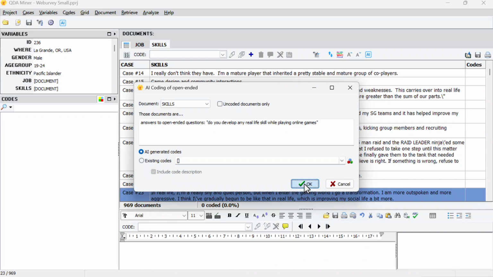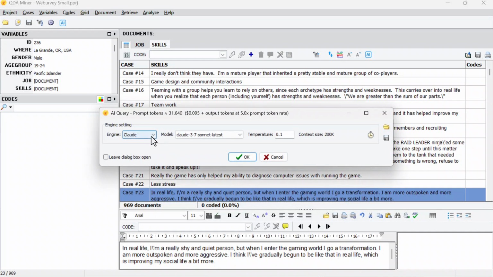When I click OK, I get another dialog box where I can choose which AI engine to use, which model, and what temperature setting I want. Temperature is a numeric option to control how predictable the AI output will be. A low value like 0.1 will generally be more stable and reduce the chance of hallucination, while a higher value like 1.0 will produce more creative responses, often at the cost of stability. For this example, I will select OpenAI as the engine, set the model to GPT 4.1 mini,